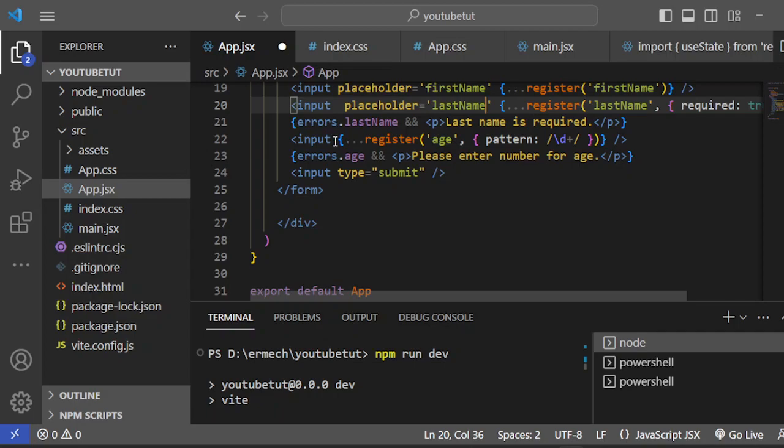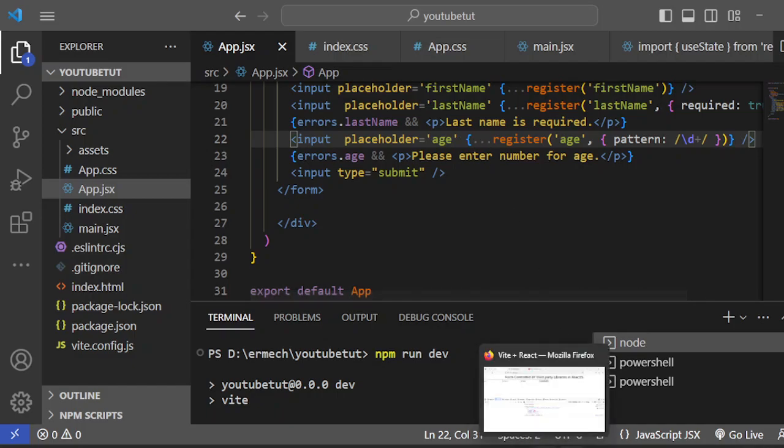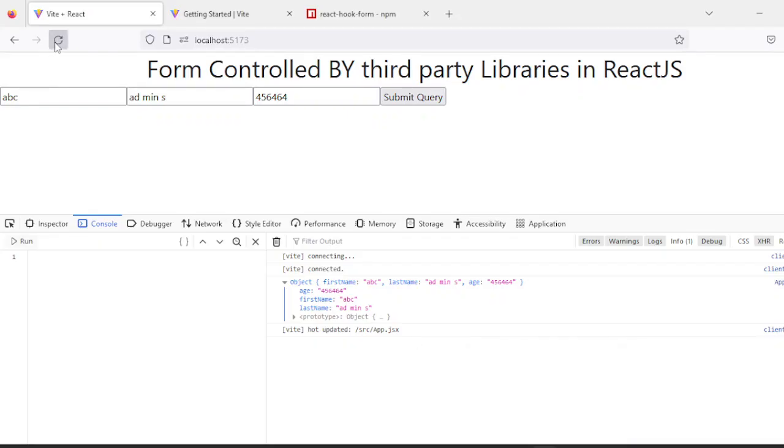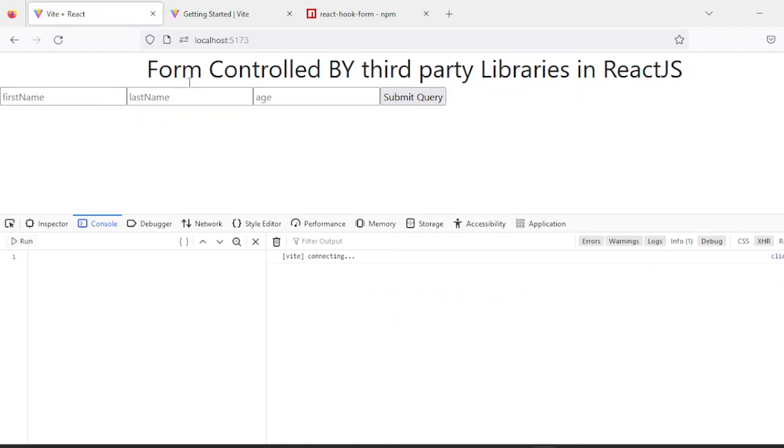And the third input is an age input. Save it and check on your browser. First name, last name, and age. First name is Atul, last name is Tripathi, and age is